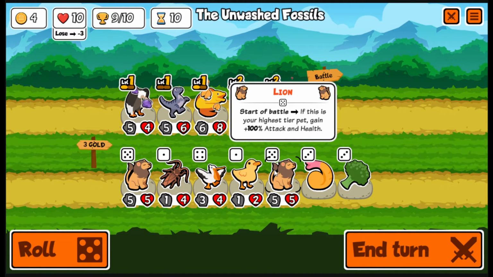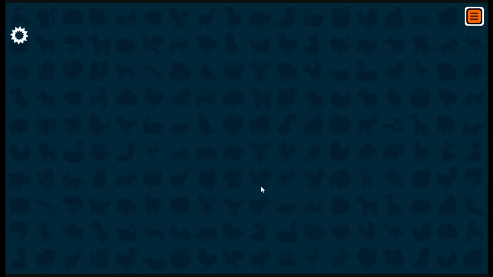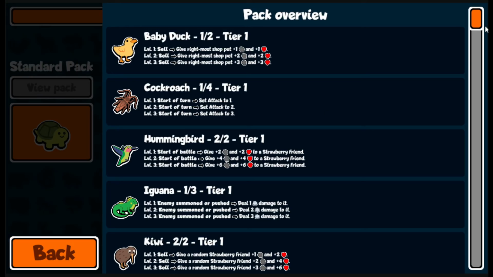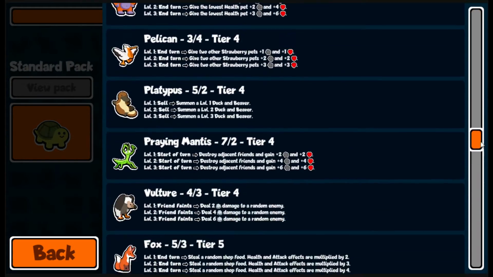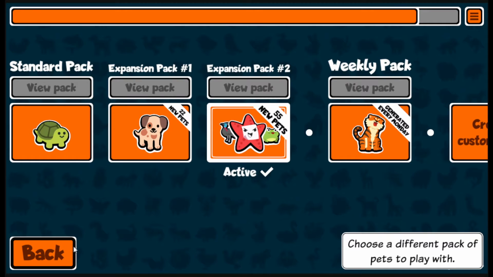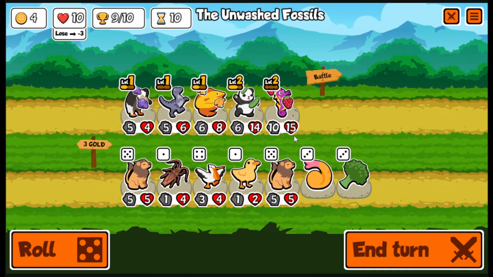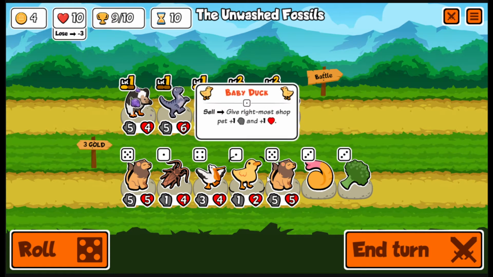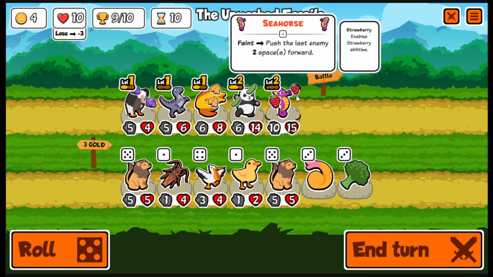Does a level 2 lion get plus 200% attack and health? If so, that is insane. Tier 5, I believe. Oh my god, that is insane. We really got to do a lion run. I mean, we kind of tried to last time, but it was very late. Give me...